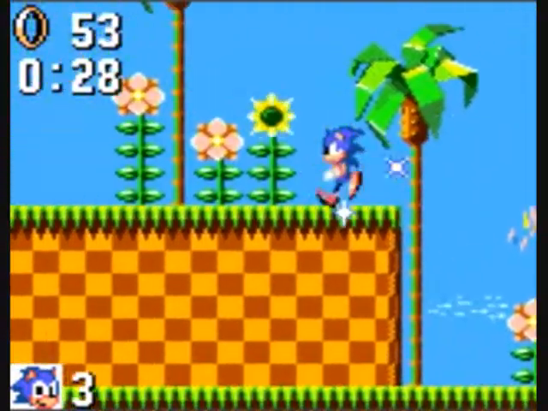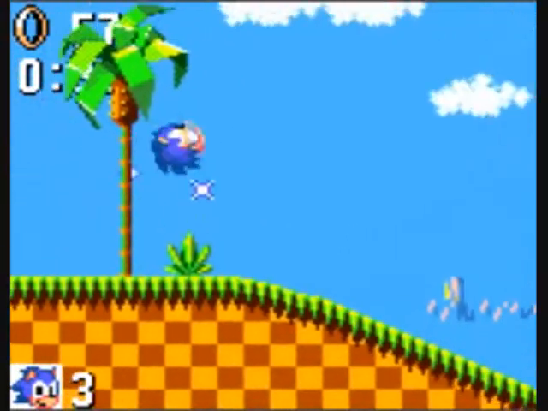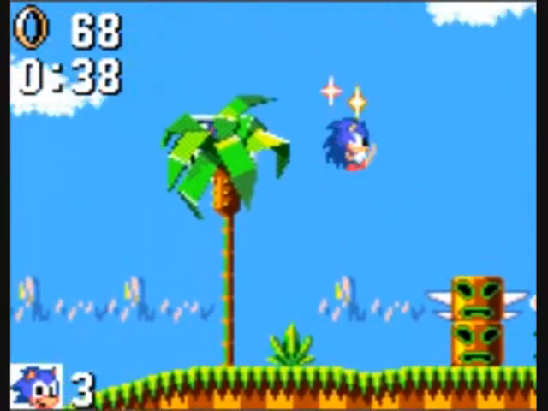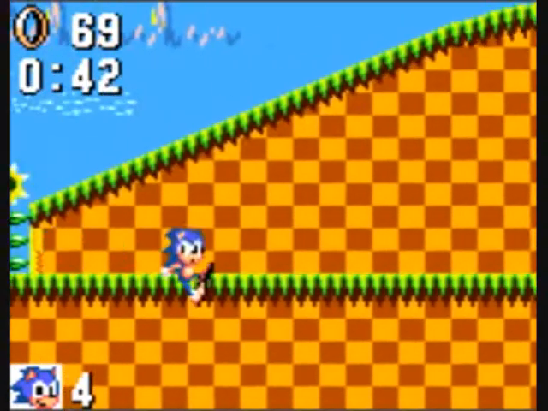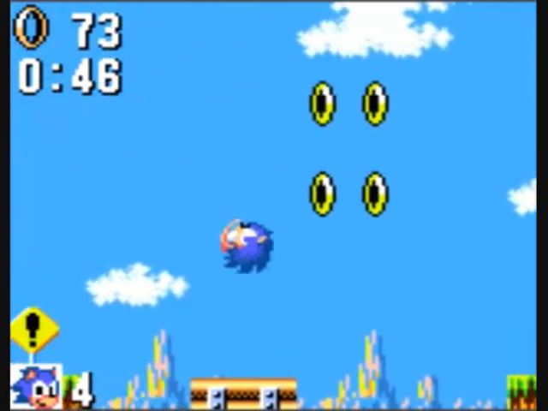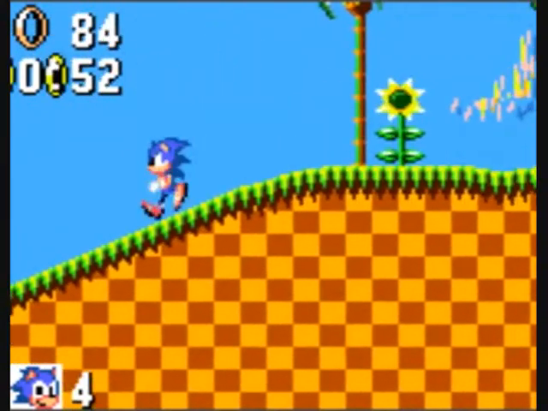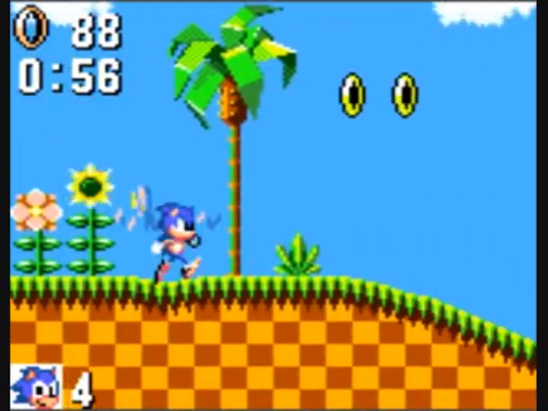Like in the Master System version, I'll be getting 30,000, getting the 1-up, and getting 50 rings. But I have to do the act in under 30 seconds, which means I have to get 100 rings and lose a life, so that I have enough time to get the 1-up and the 30,000. I only have to get the 1-up once, and then it's gotten forever,